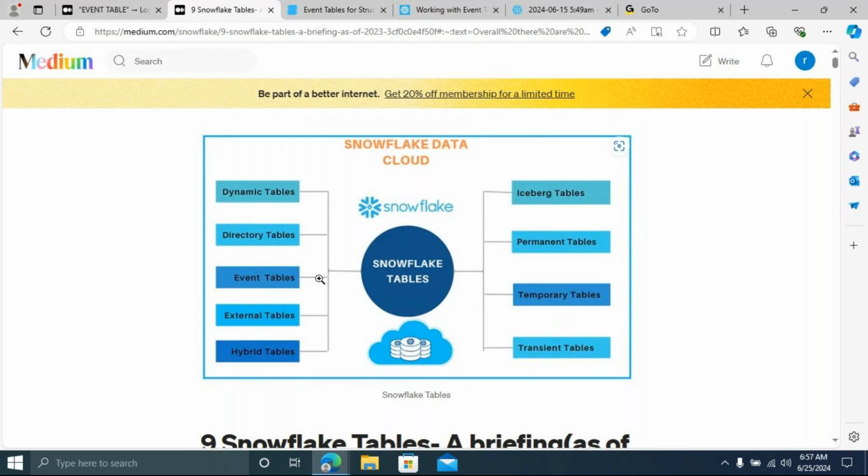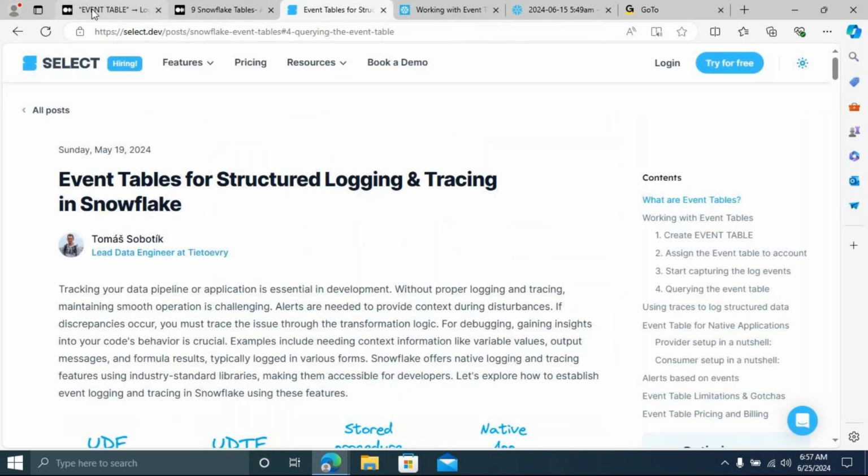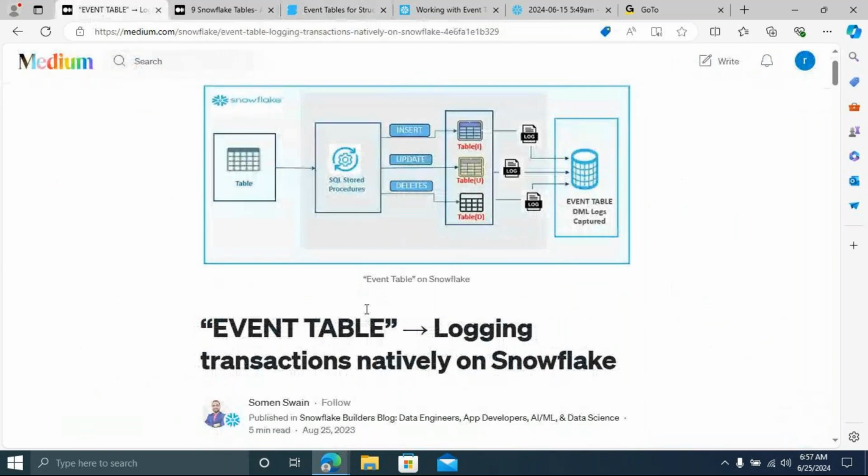Now, as I said, this event table is mostly used for logging the transactions. If you look at the pictorial view, I have one source table. Using a cron pattern, I schedule this proc. Whenever the proc runs, it does inserts, updates, and deletes into the target table: I for insert, U for update, D for delete.